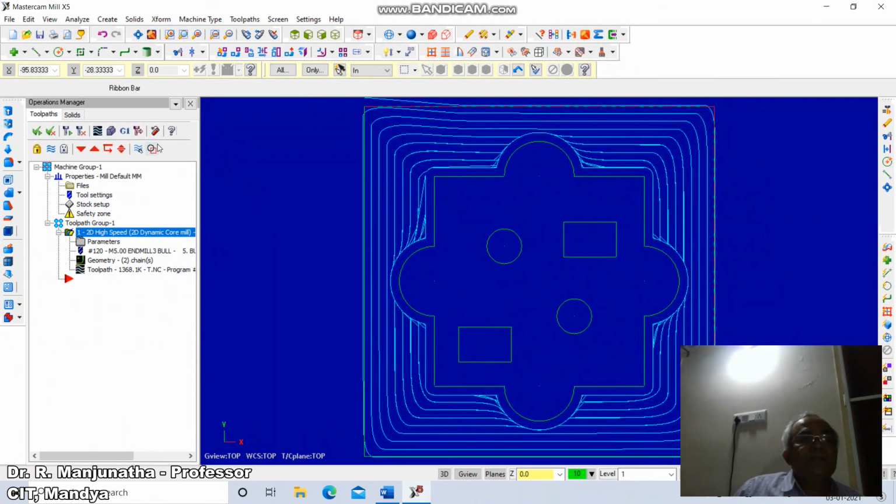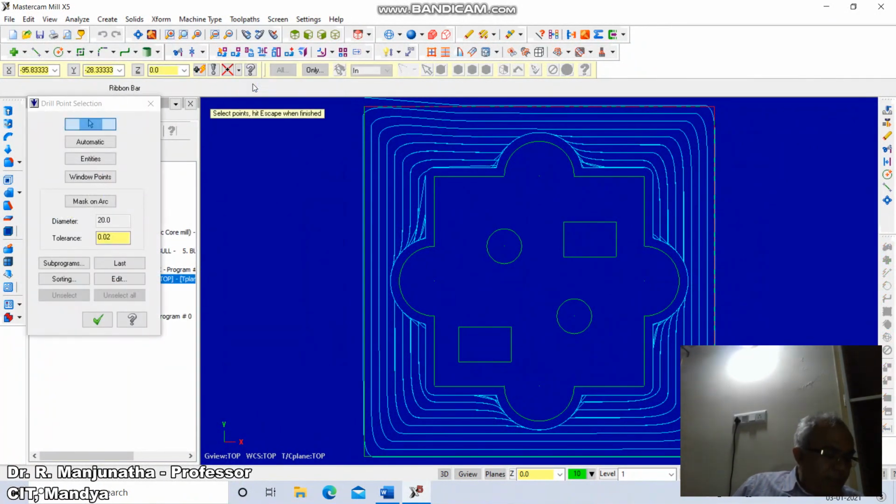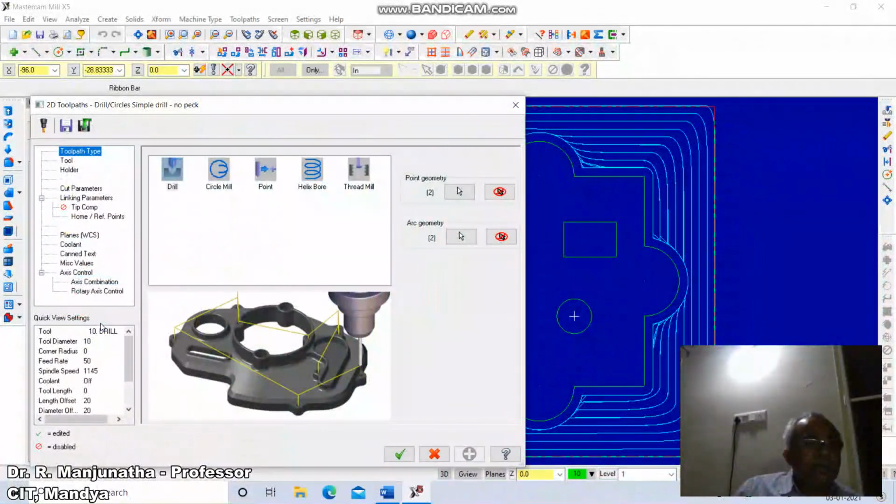Then click on tool paths. Click on drill. Click on select drill position on the graphic screen of this and also on this. Then click on right tick to clear this dialog box. Then click on drill. Click on tool.